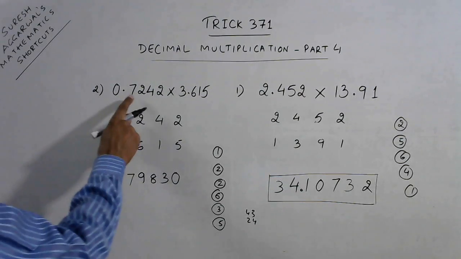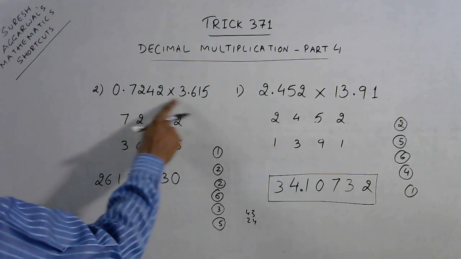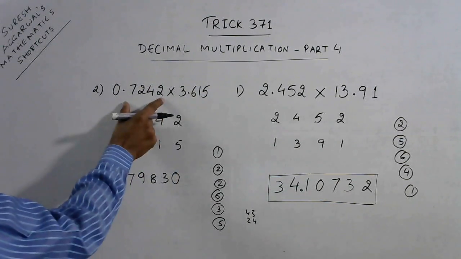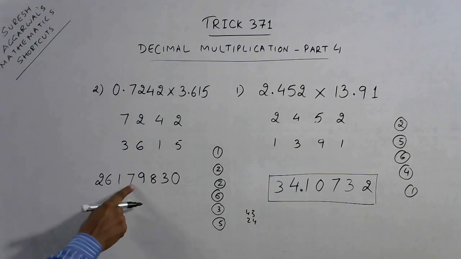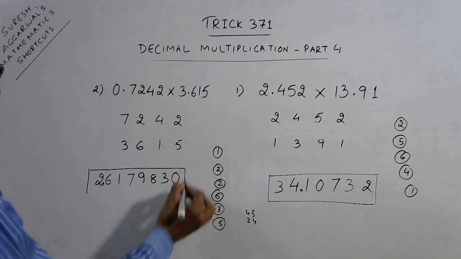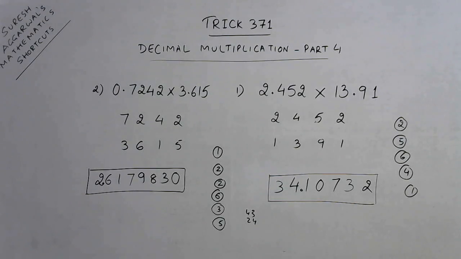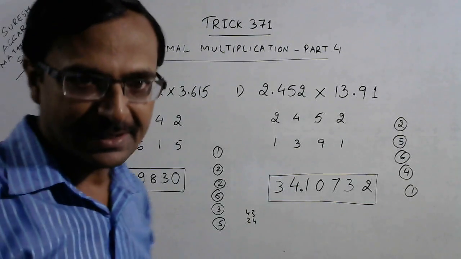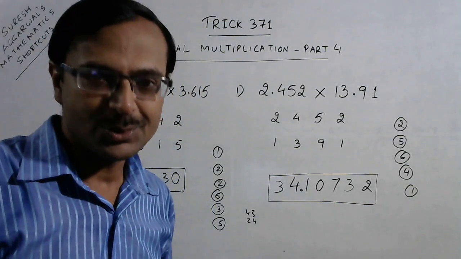How many digits here? 1, 2, 3, 4 after the decimal, and 3 digits here. So 3 plus 4, 7, 1, 2, 3, 4, 5, 6, 7. So your answer is 2.6179830. So this is the age old Vedic method of vertically and crosswise which I have used to multiply such large decimal numbers. So I hope this trick is clear to you, and if you have understood,